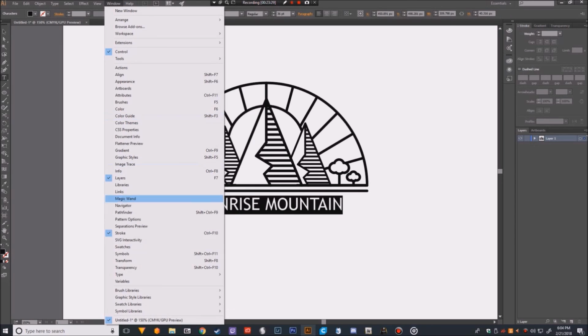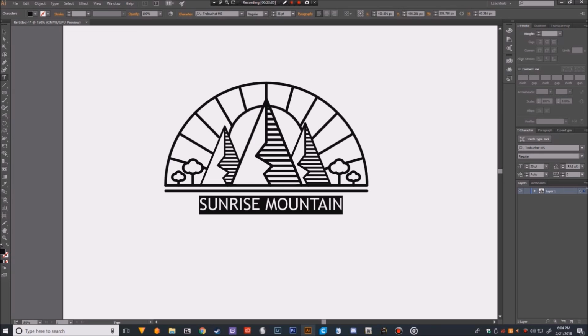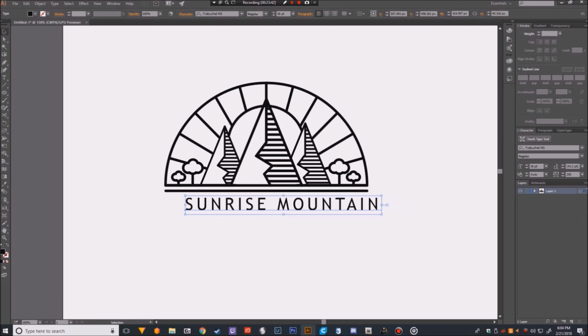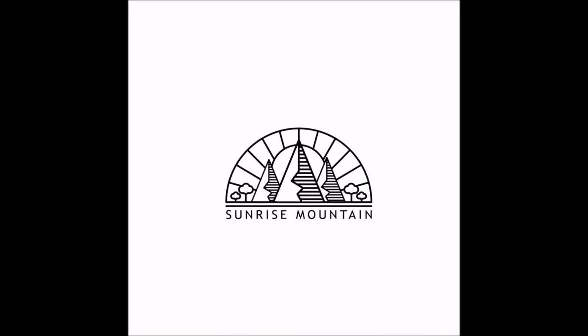Another good font I would recommend using is Bebas or Bebas Neue. And then you just want to size your text to be about the same width, and that'll be your